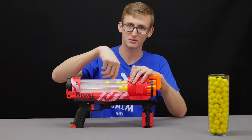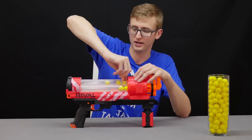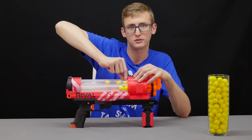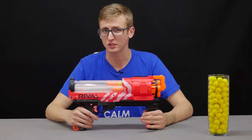I like that it's pretty much a one-way, but I actually tried to unload the blaster because I didn't want to make noise and unload by shooting. And it was really tricky because you're kind of trying to get the balls out. So I was like, yep, okay, I'm just going to wake somebody up and slam fire 30 rounds in a row because I need it to be empty for a photo. Totally worth it though. So, smooth operation, high capacity,